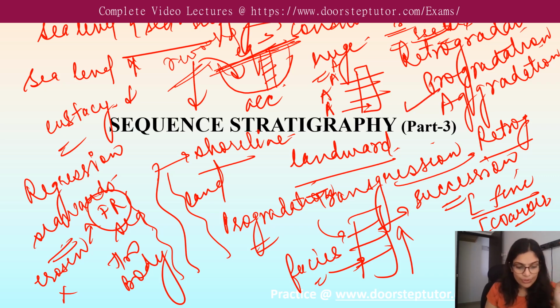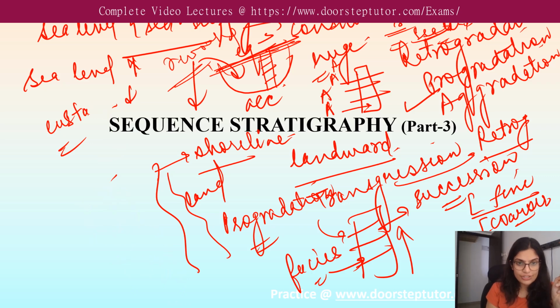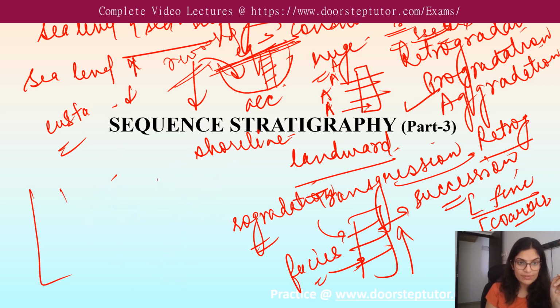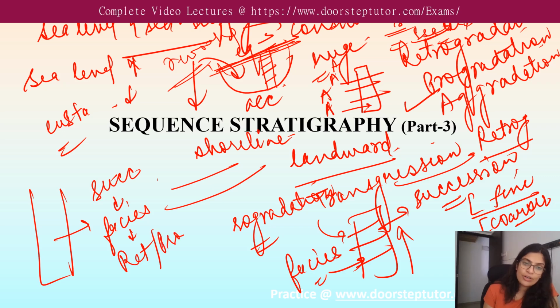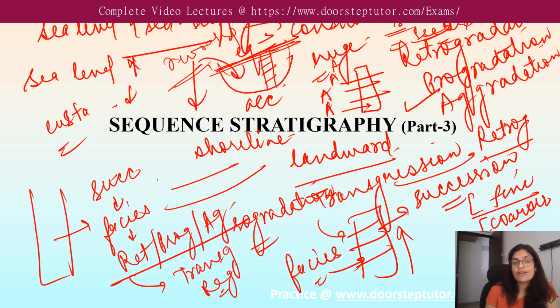Okay, so now what we discussed is that you have a succession, and you have to see what type of succession it is. How will you see it? When you analyze the facies distribution in the whole strata, you will see whether it is retrogradational, progradational, or aggradational. After you have clarified this, you go back to how it has formed, whether it is transgression or regression, and you also have to keep in mind that you always have to talk relative